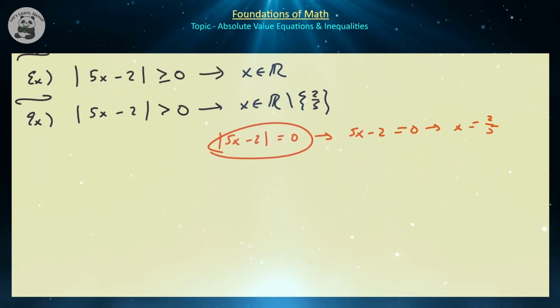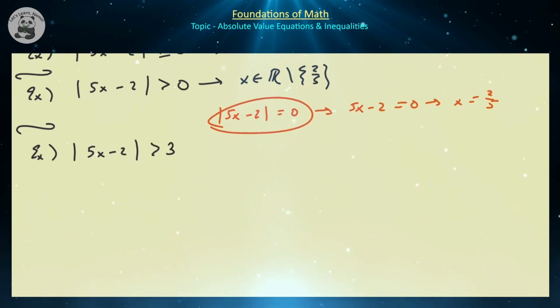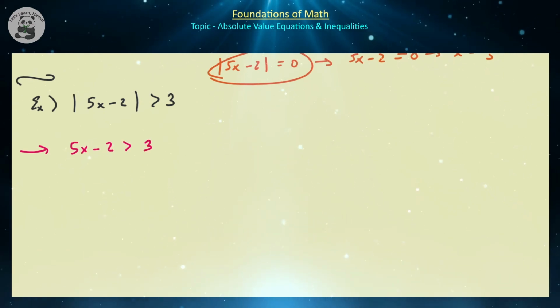Okay, so let's answer a little bit more of an interesting question. The absolute value of 5x minus 2 is greater than 3. All right, so this is where we introduce the same algebraic strategy as we did for equations. We're going to split this up into 2 linear inequalities. So we're going to have that 5x minus 2 must be greater than 3, or 5x minus 2 is less than